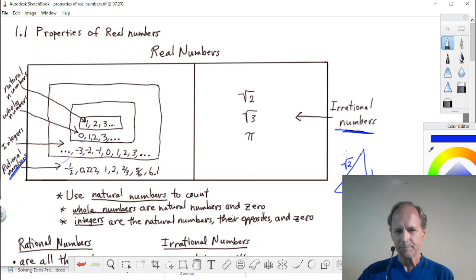But it turns out you cannot write these numbers as fractions, and there are a lot of other numbers too. It can be proven. You can look up videos on YouTube to see the proof of it. It's not a real complex proof. There's a few different ways to prove it, maybe several. But it's kind of interesting to look at an actual proof that the square root of 2 cannot be written as a fraction. Okay, so let's go on.